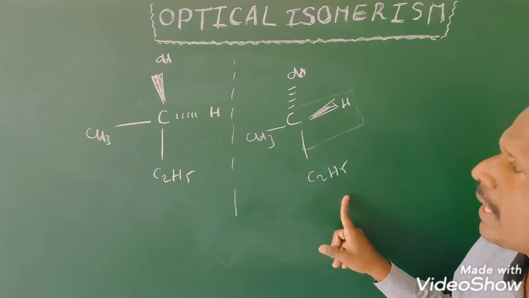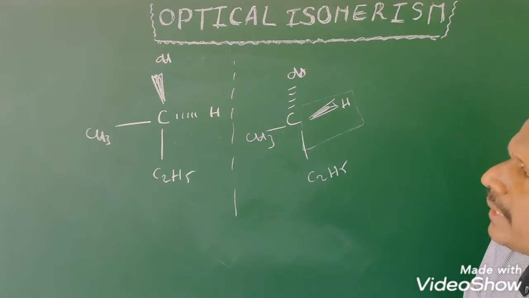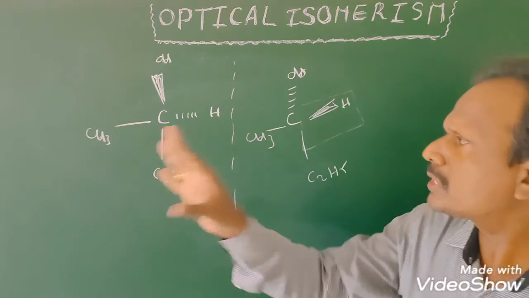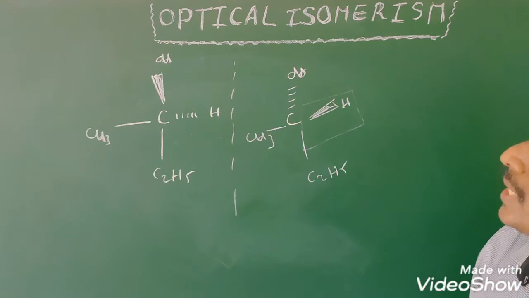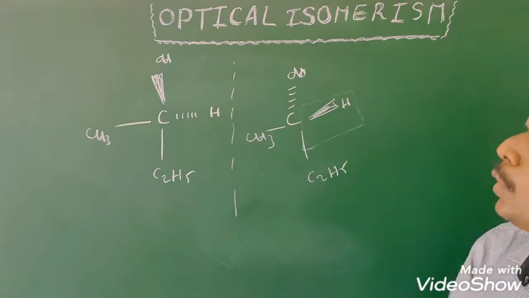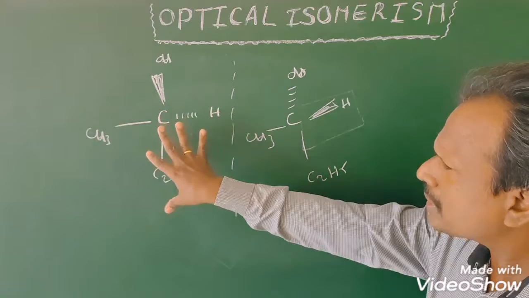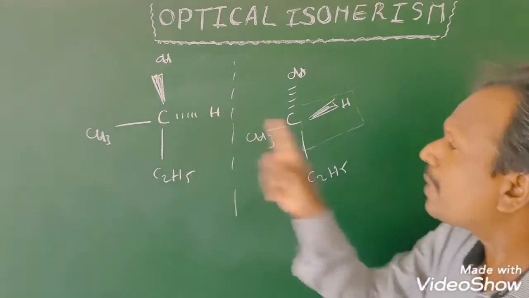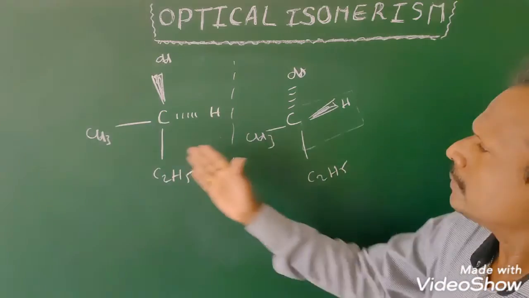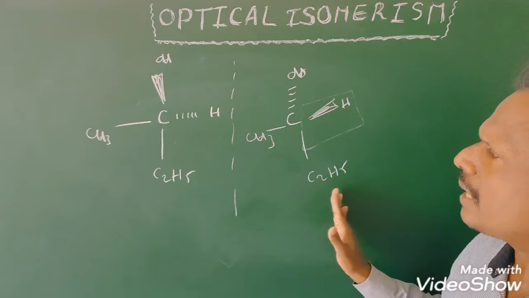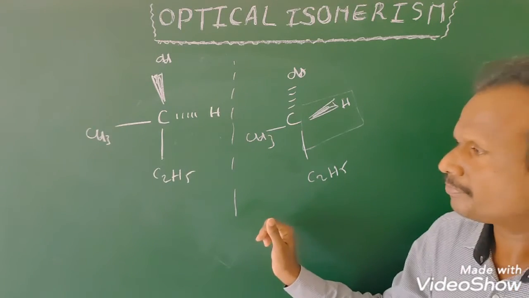So what is the required condition to exhibit optical activity? Absence of symmetry, minimum two symmetries. What are the two symmetries? Center of symmetry and plane of symmetry. The molecule in which these two symmetries are absent is optically active and has a mirror image. That means another compound, and the pair of these two compounds is called an enantiomeric pair.